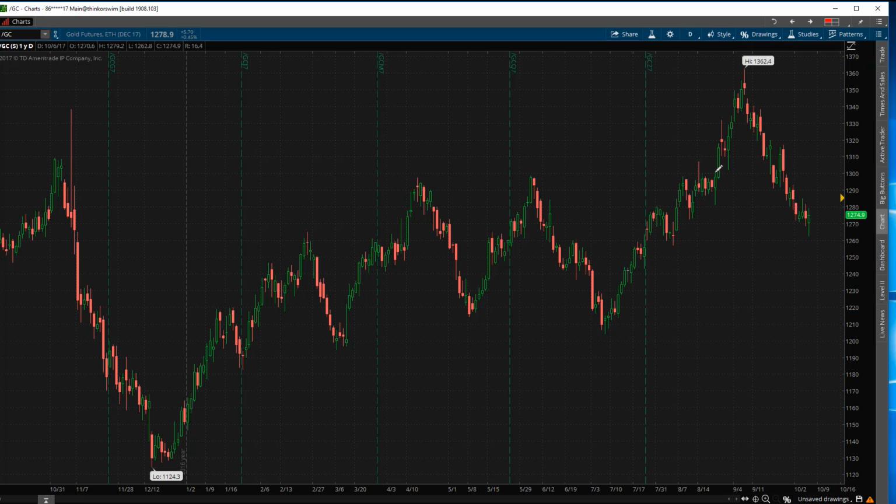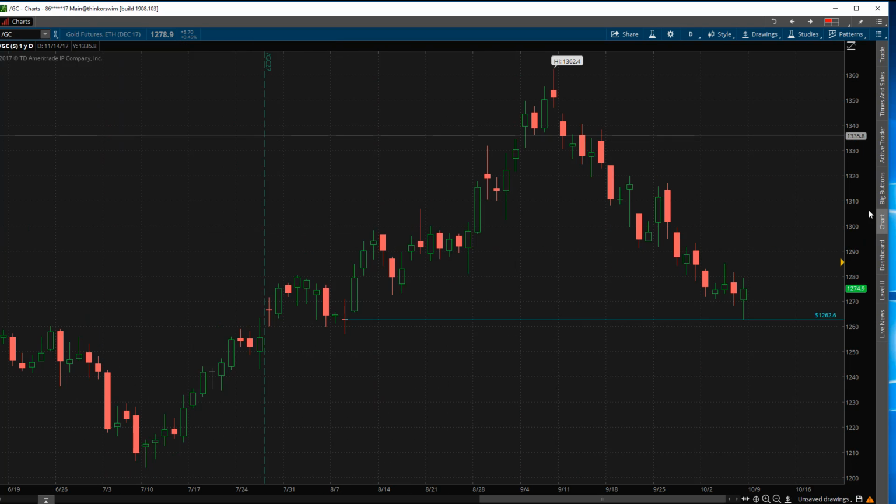So to back this out on a daily chart and just mark the low, anytime I see a reversal, I always go back to, what stopped us? Where was the actual low? If you see what the low is here, this 1262.6, that is a gap from the 8th of August to 9th. So you can see we actually gapped up higher here. And we have finally come back now and have filled that gap in gold. This very well could be a swing low going forward, and I really want to pay attention to if buyers come back in the market in gold.